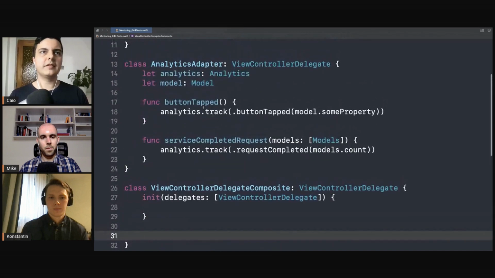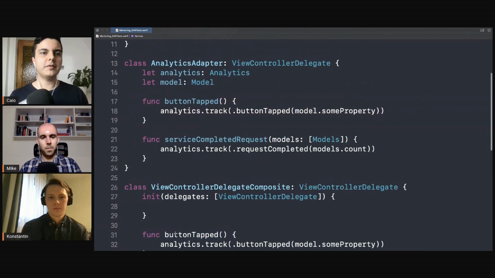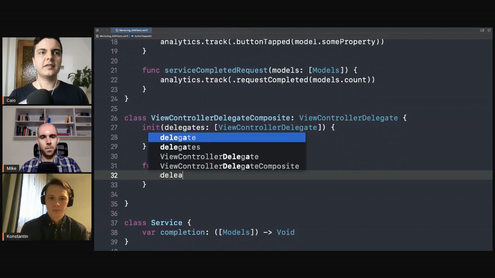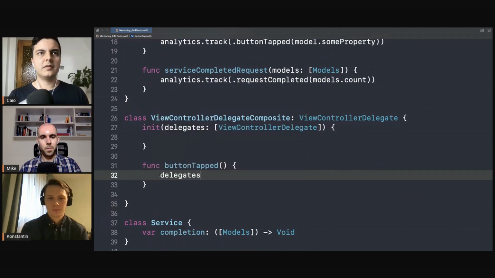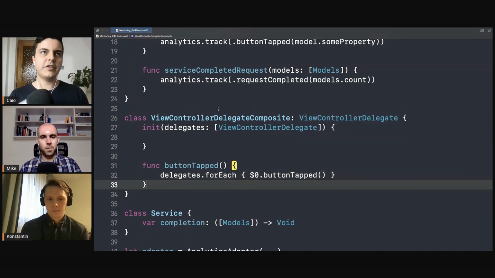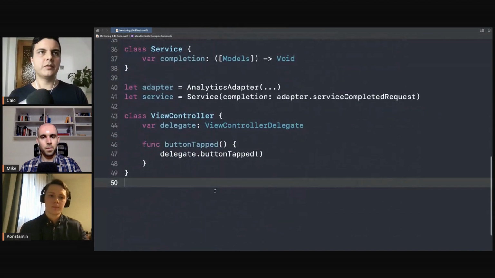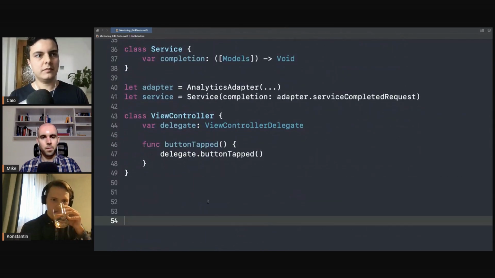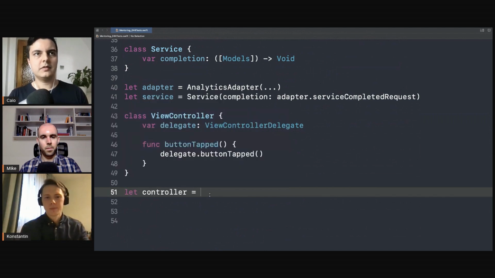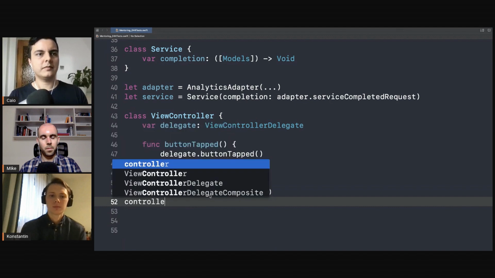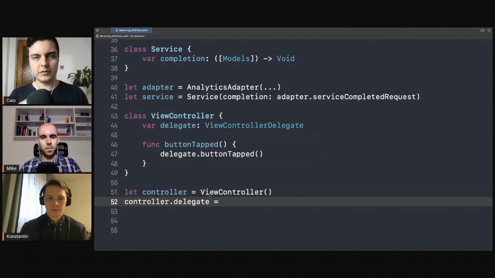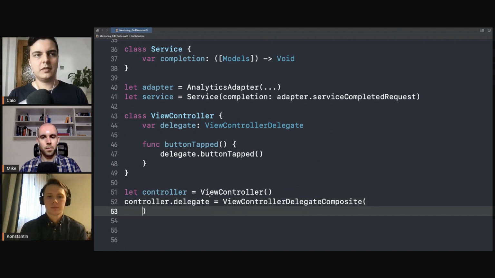Every time you call button tapped, for example, you will call delegates for each, and you call button tapped on each. This way you can compose when you're creating the view controller here. Let controller, view controller dot delegate equals the composite with the delegates,